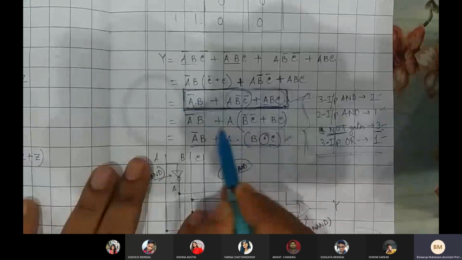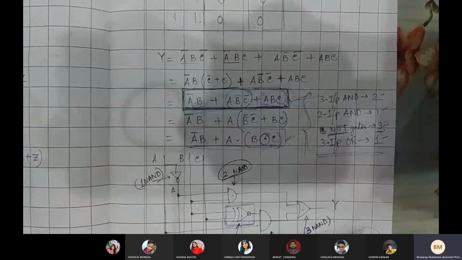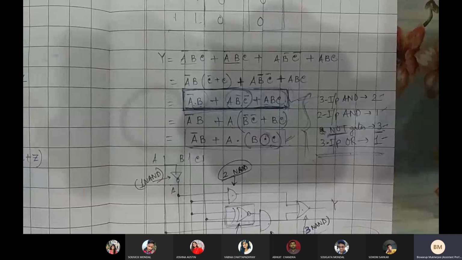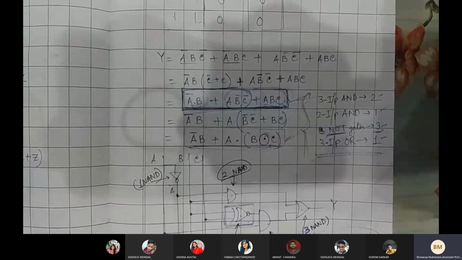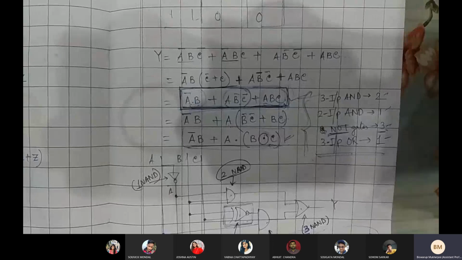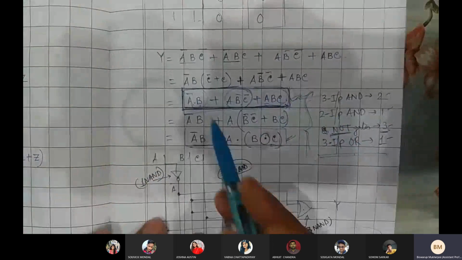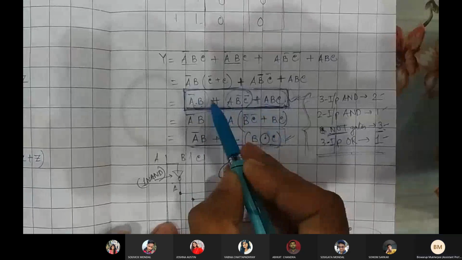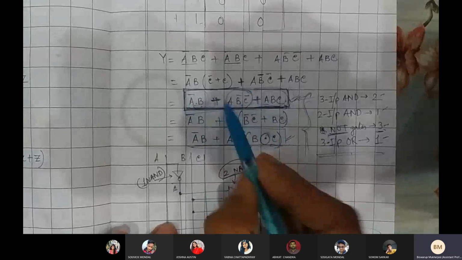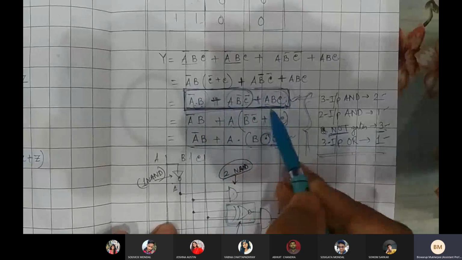Fine, it is minimized, but we are not preferring that one due to the reason that we want to keep our responses in canonical format, or keep our functions stuck to canonical format. So this is a canonical format called a sum of products. So these are the sum of these product terms. There are three product terms: A bar B, A B bar C bar, and ABC.